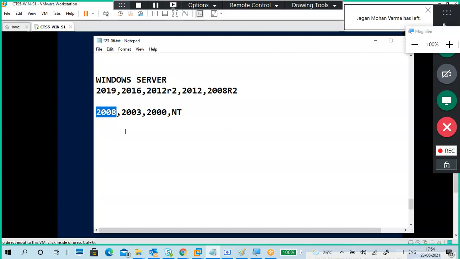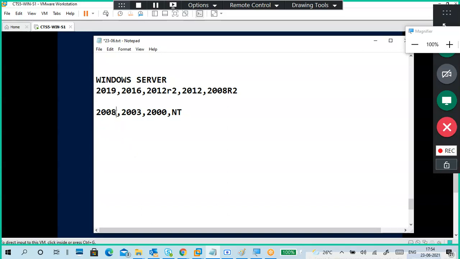From 2008 onwards, more services like VPN, routing and remote access, print services, remote desktop services, Active Directory, DHCP, DNS, Active Directory rights management system, Active Directory certification system, Active Directory federation services, and Server Core.